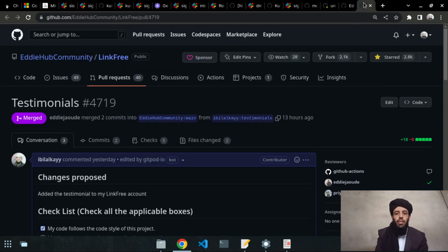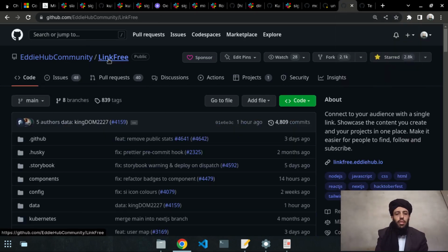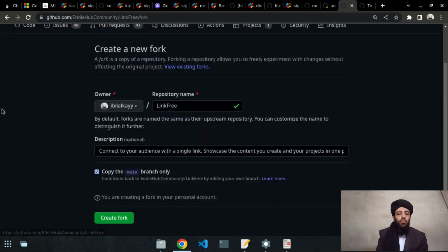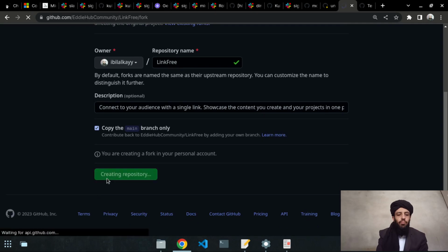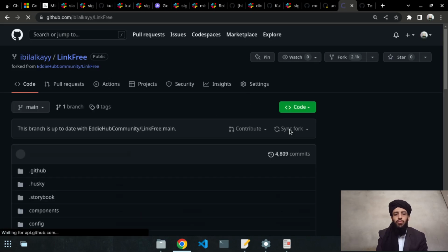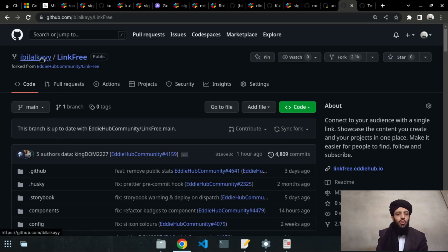You just need to find it by clicking on search, and once it is done, you can fork it. So how can you fork it? The fork will basically add a copy of this repository into your own account. Currently it is present in the AD Hub. So let's create a fork. Now it is taking some time, so let's wait for it. Once it is forked, as you can see, Linkfree is now present in my own account as a copy,